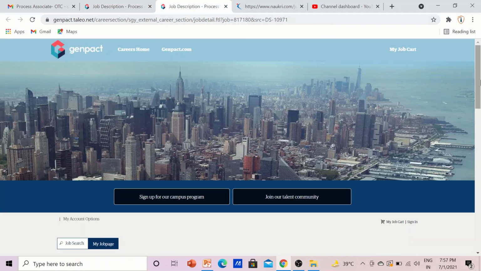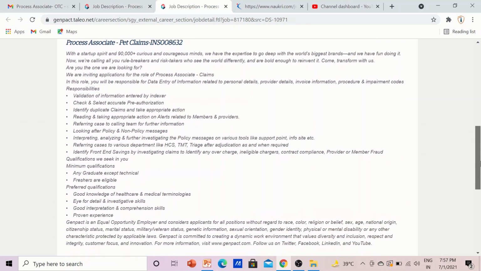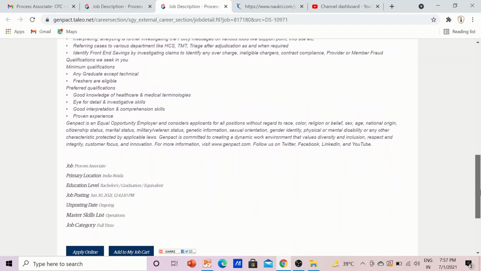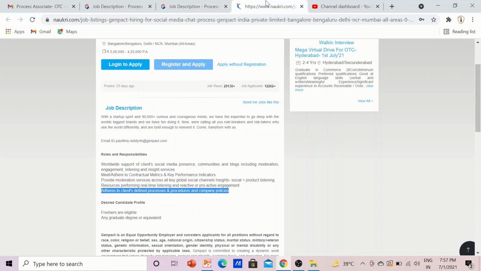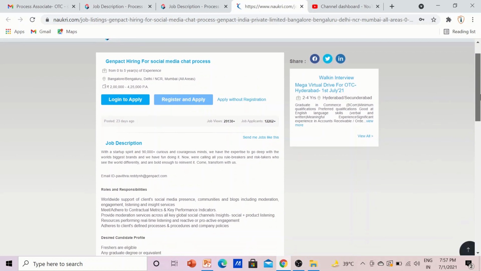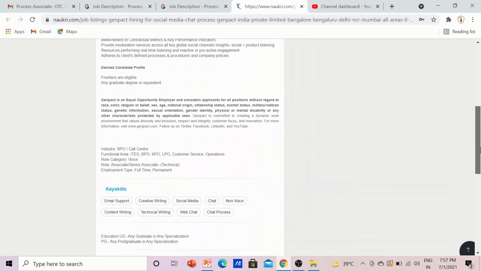For the other job role, process associate pet claims or data entry, for this job role again you can apply the same way, and this has also been floated yesterday only, June 30th. And regarding the social media chat process, this has been floated on Naukri.com. So I'm sure you must be having an account on Naukri.com. And in case you do not have that account, then also it is possible for you to apply because see,